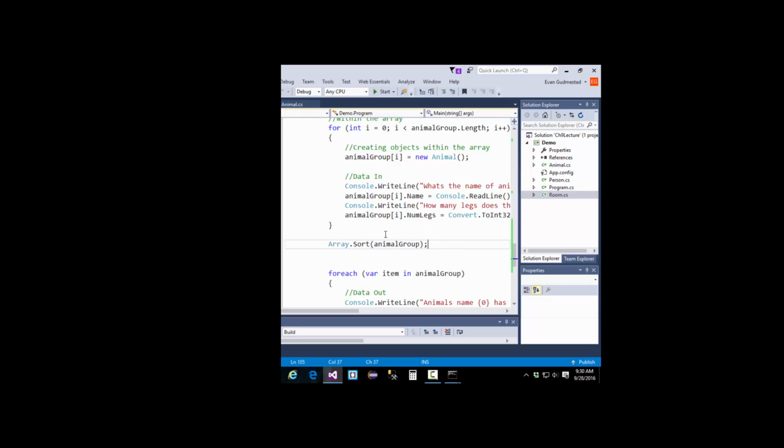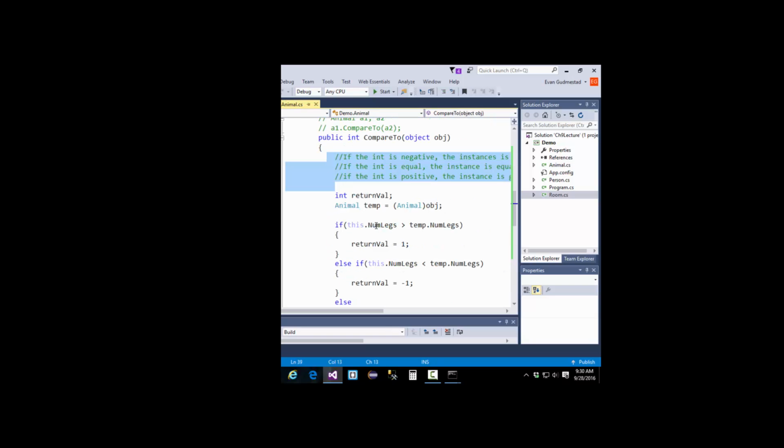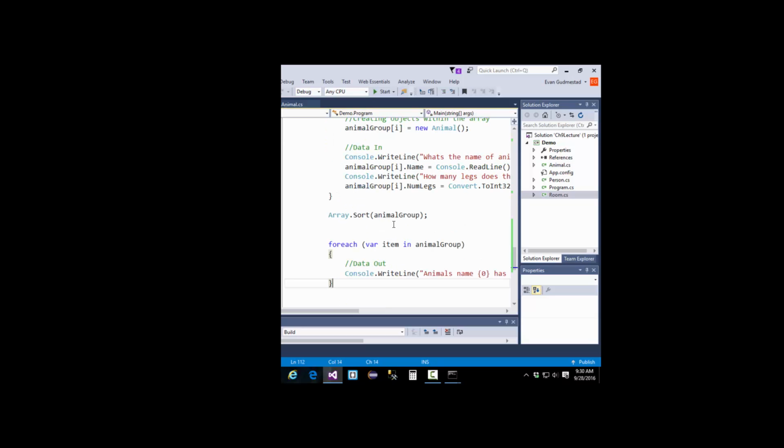Then the last thing is to be able to search. Search also, for example, our binary search. If you remember binary search, you have to have sorted data, right? Your data has to be sorted if you're going to search through it. So since we've sorted our animal group, we can now use